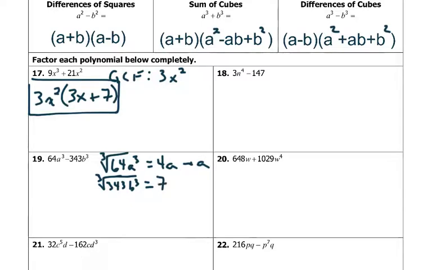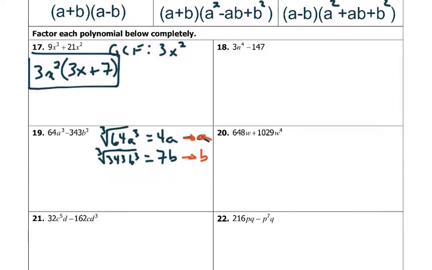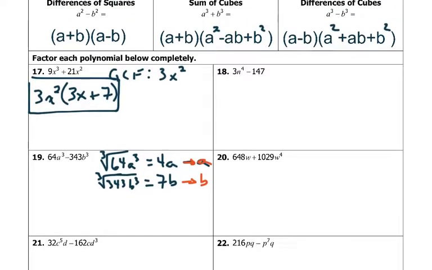It's 7. And b multiplied together 3 times gives b cubed. So this is our a term, and this is our b term. We just need to plug them back into our difference of cubes formula. So a minus b, that would be 4a minus 7b, close parentheses, times